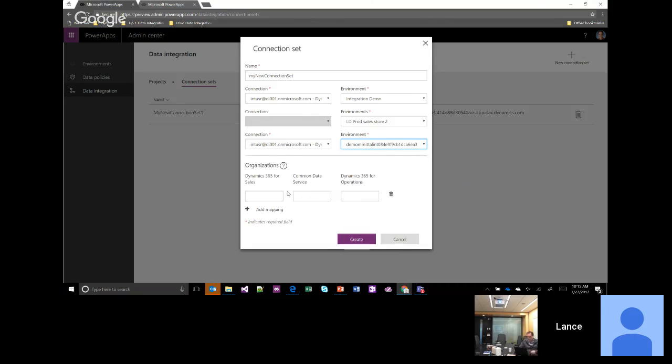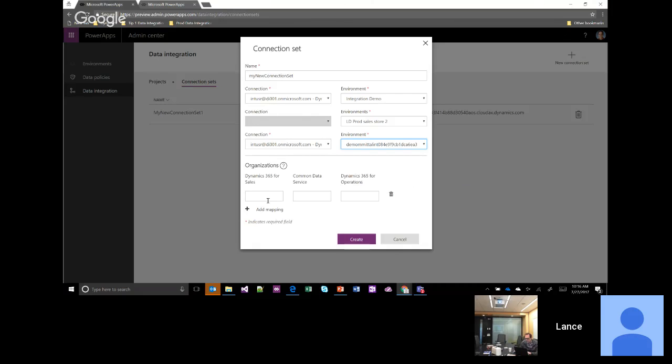And then what we do is we allow you to map business units. So in Dynamics, both in operations and sales, we have the concept of a business unit, although the terms are slightly different. In Dynamics, you have business units and you have an org, and the org corresponds generally to the instance that you have. In the common data service, we have organizations, and in operations, we have legal entities.